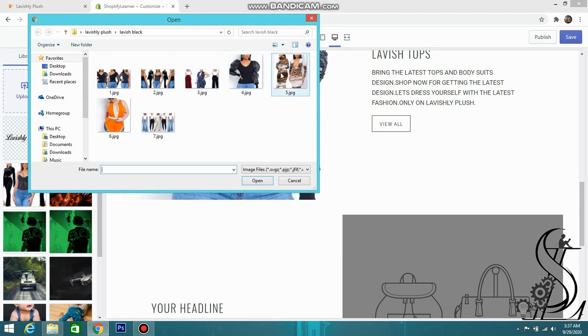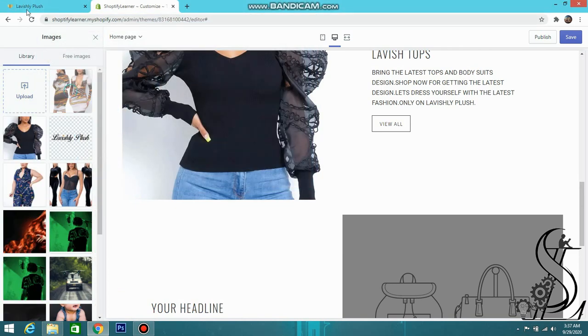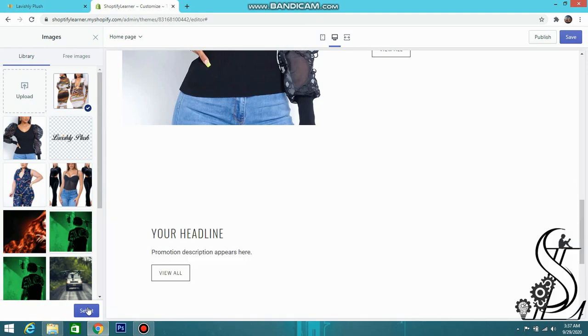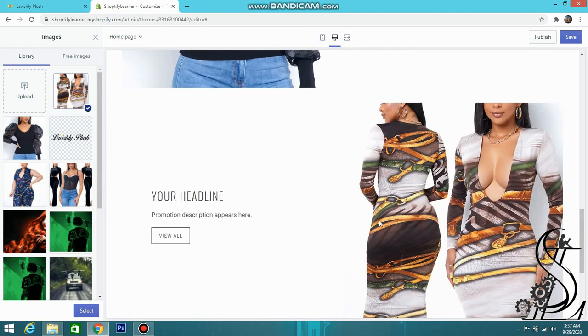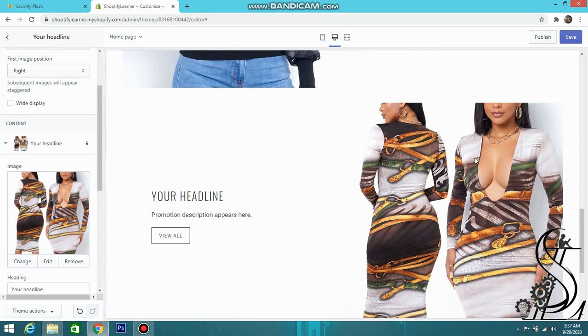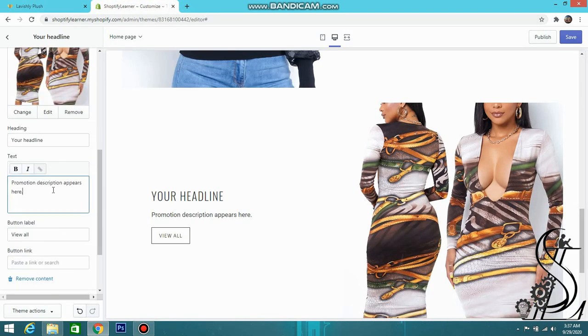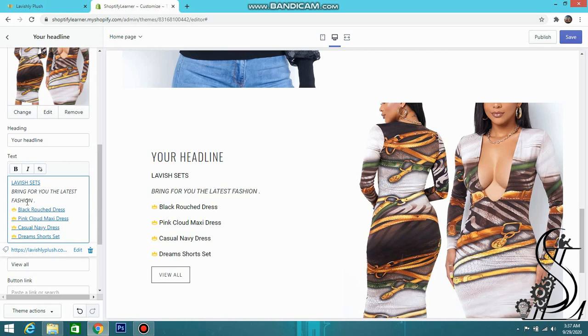So you can upload the picture. As we have uploaded the picture, now we can simply copy the text and place it in the text section.